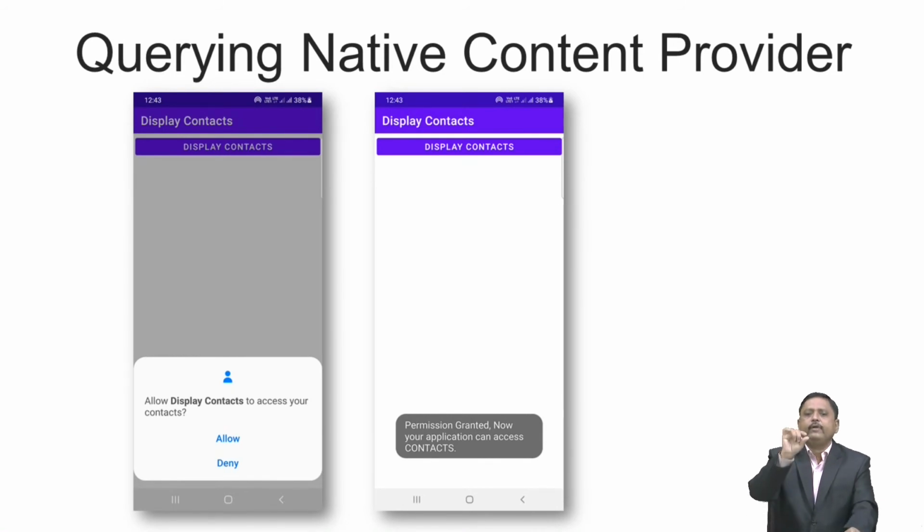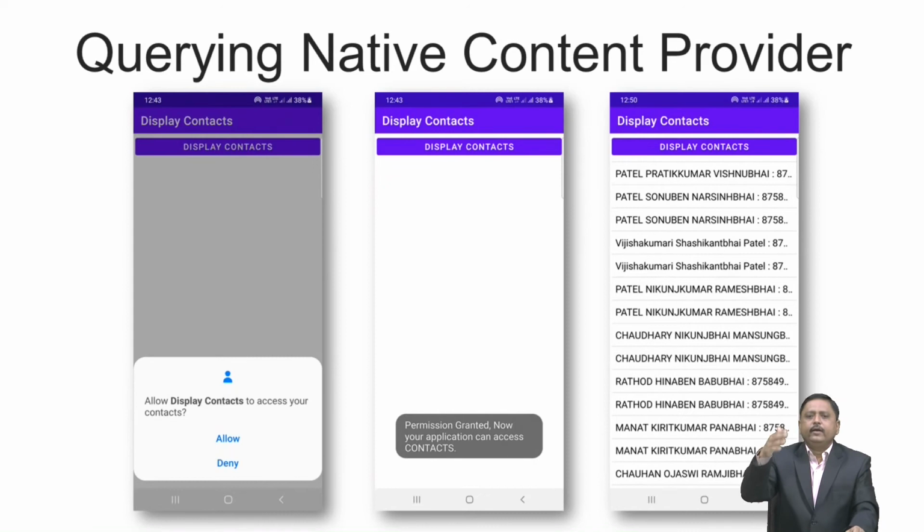For that we have written one button called display contacts, and when the user clicks on display contacts, I want to display the name of the contact and its mobile number or phone number. So, when the user clicks on display contacts, we will display the name and mobile number on screen in a list view. So, this is the application we wrote inside Android Studio to fetch all the contacts stored on our mobile.